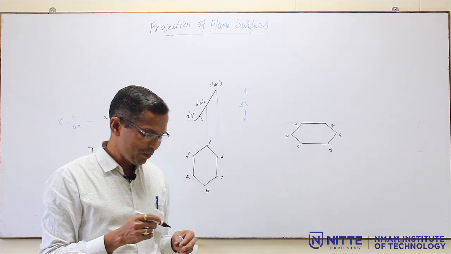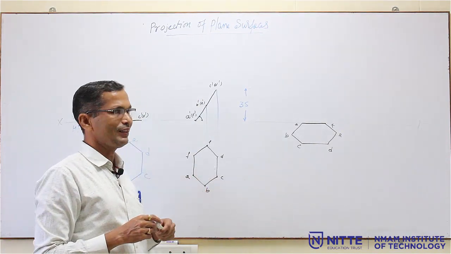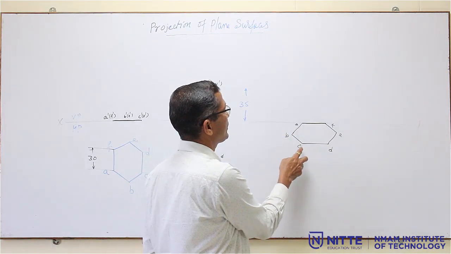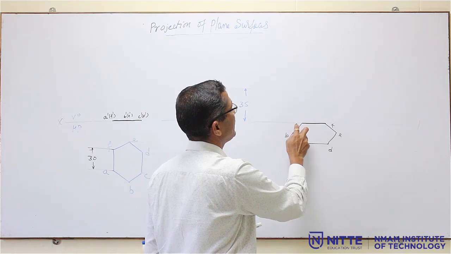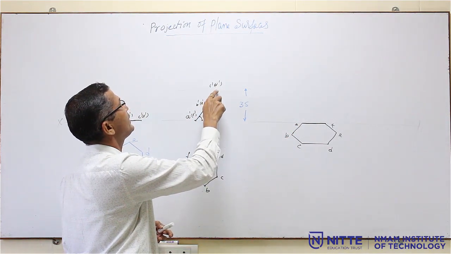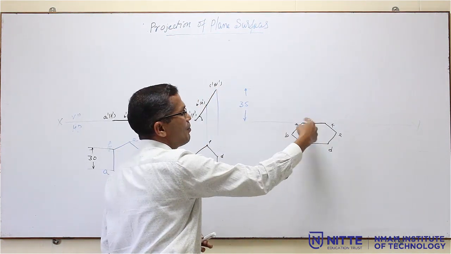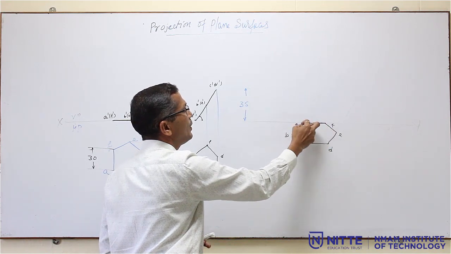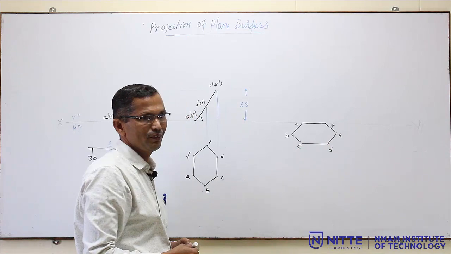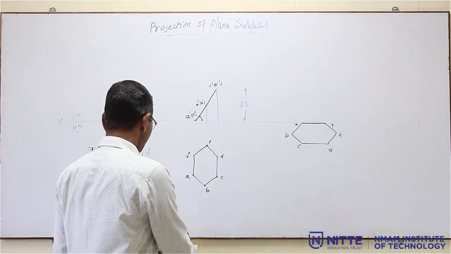Now, if in the problem they told that one of the sides is on HP and the opposite edge is on VP, the drawing will be the same, but the naming will be reversed. So, CD should come here, AF will come here, because AF is already on HP, and the opposite edge is CD. So, this should be on the XY line. So, only the naming will change. So, C and D you have to draw here, and A and F will come here. Now, for this same side, that is AF, should be on the XY line.